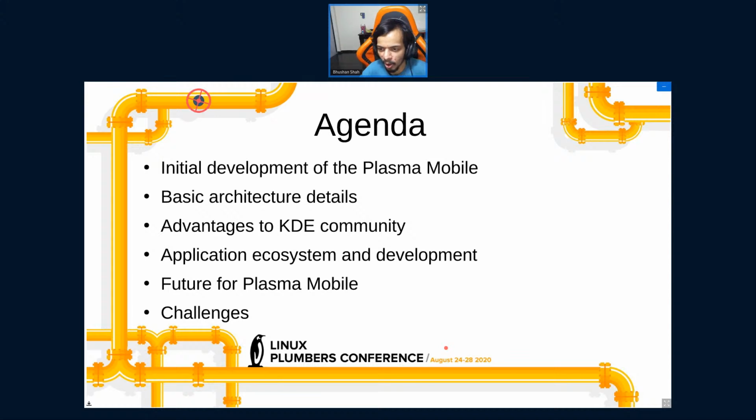What I want to talk about is how we developed Plasma Mobile initially, how it changed over the current 5 years, some of the super basic architecture details, and what advantages the project brings to the KDE community, our application ecosystem and development, and what the future is for the Plasma Mobile project, and what challenges we are facing where Linux Plumbers people can help or guide us.